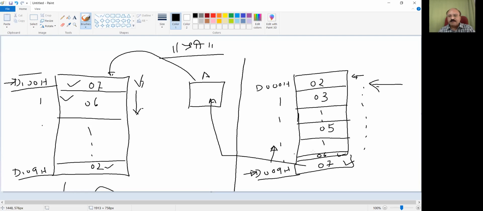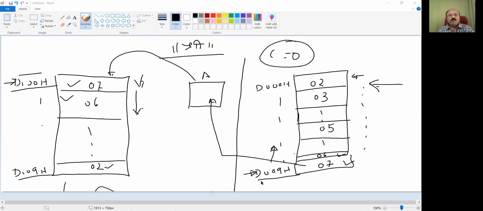Again, take the content to the accumulator and again from the accumulator to the memory location. Decrease one pointer, increase the other, and repeat this process till the count becomes 0, because we have to read 10 memory locations. Right, guys? Okay, that's good. So let's see now how the program can be written. I have explained the logic. This is the flow chart. Now let's see the program.